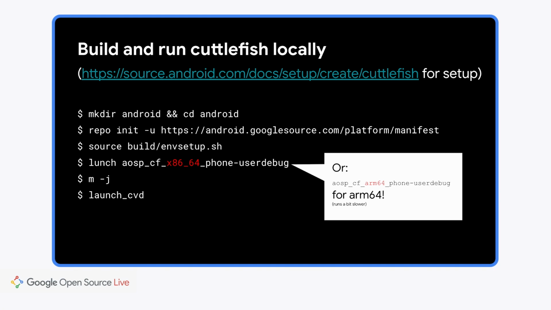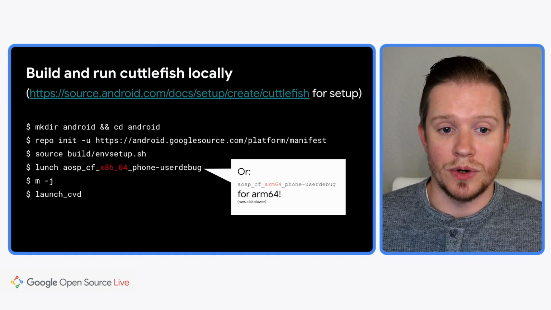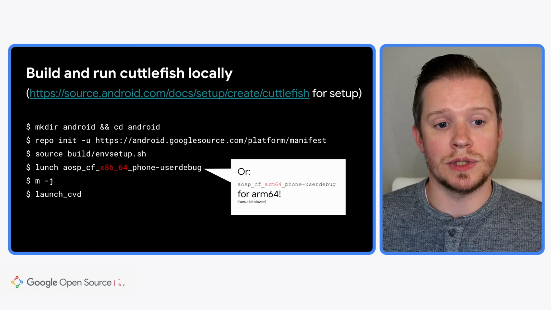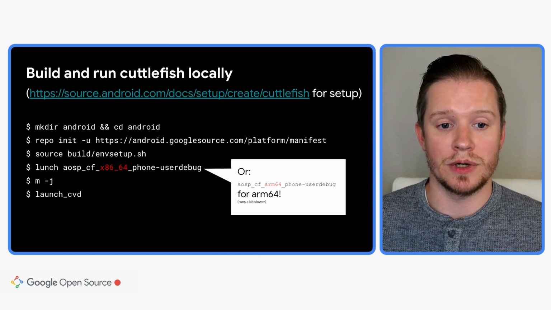Last time I discussed this topic, ARM64 was more experimental. But now we consider it to be kind of production worthy. So you can also just use aosp_cf_arm64_phone-userdebug if you want to build an ARM64 version of the Cuttlefish reference virtual device.